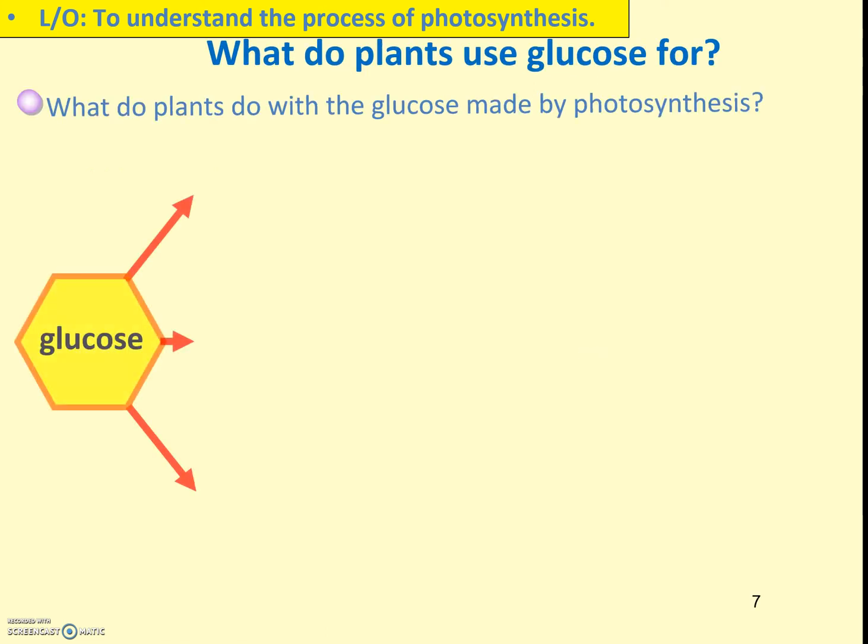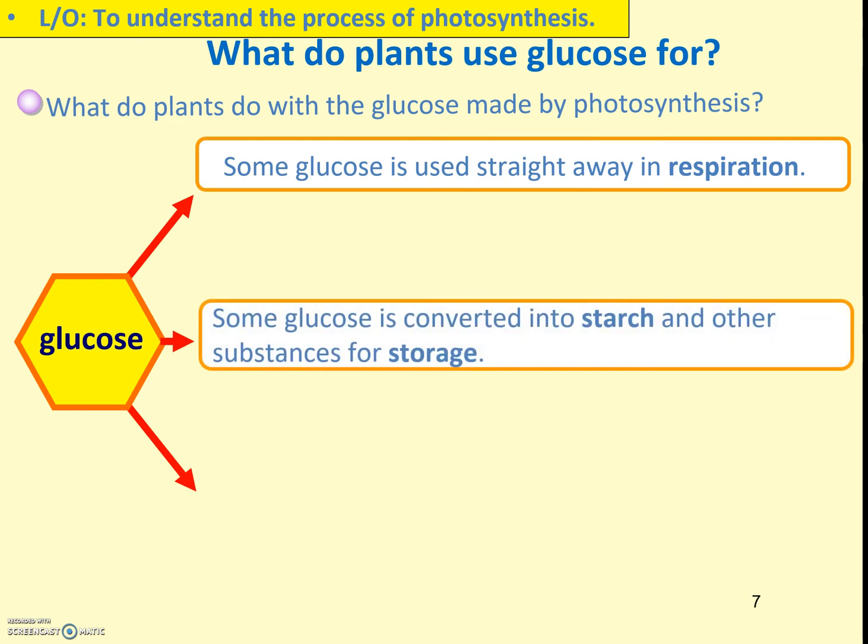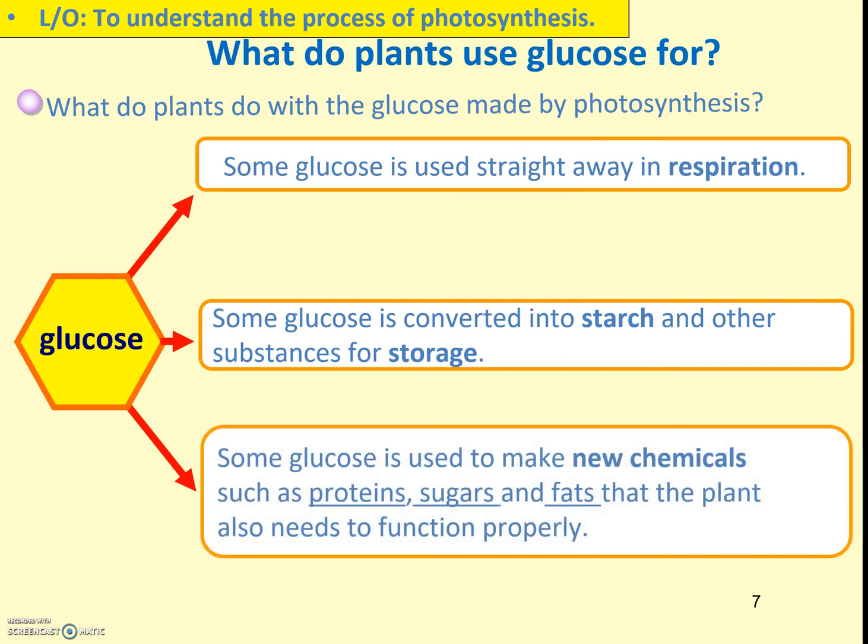So what do plants use glucose for? The glucose produced by photosynthesis is used for a variety of things. Some glucose is used straight away in respiration. Some glucose is converted into starch and other substances for storage. And some glucose is used to make new chemicals, such as proteins, sugars, and fats that the plant also needs